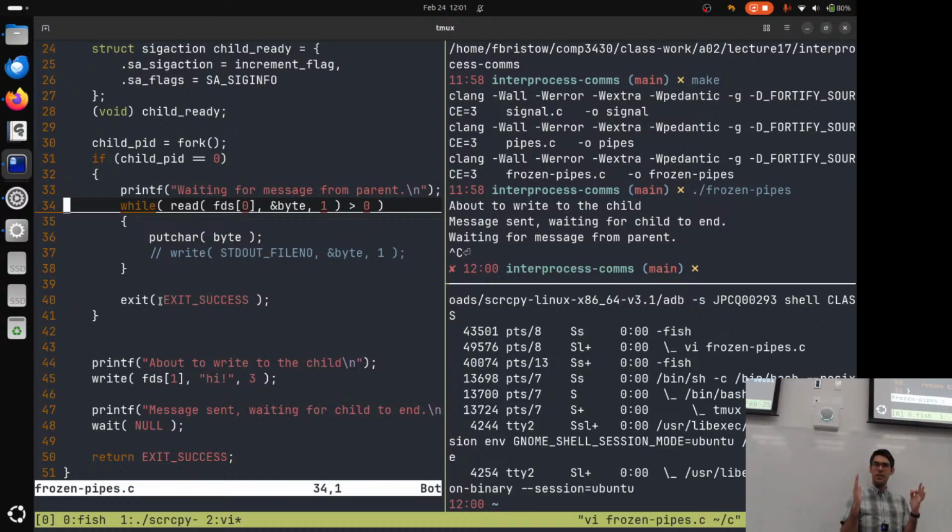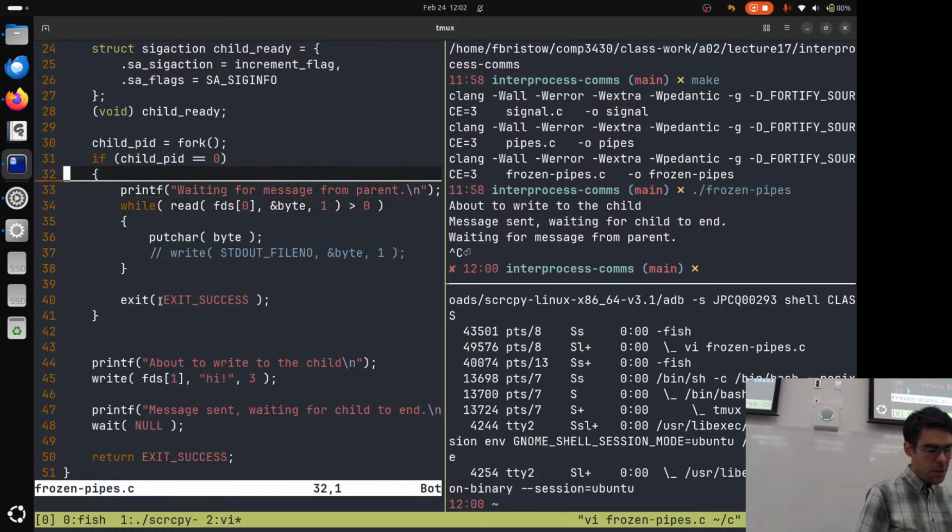This is not the case, but this is my thought process. So I would like to make a change so that I'm able to synchronize these two. I want to make sure that read gets called after write. I want to guarantee that that's going to happen.